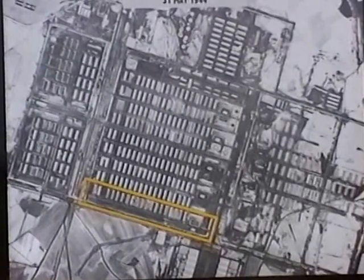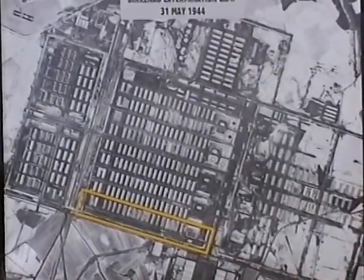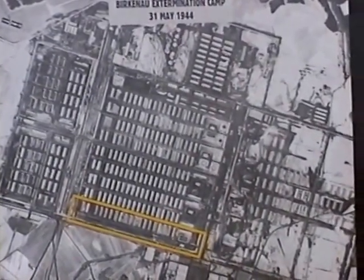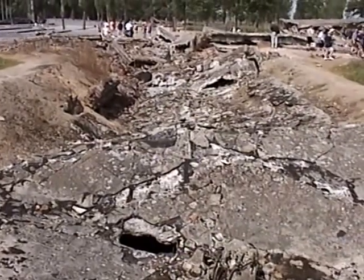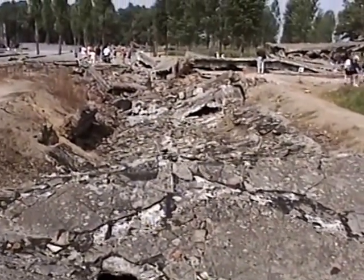The existing row of wooden barracks is shown in the yellow rectangle here. All of the remaining buildings have been torn down. This pit holds the ruins of the actual gas chamber, where over 300,000